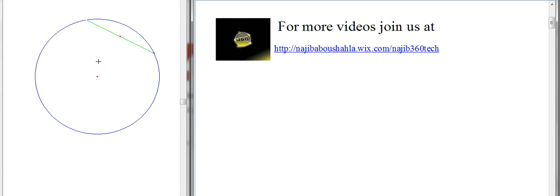Okay, another locus problem video. About this video, we have a circle with a center. Let's say its center is a given point, and we have a segment whose endpoints are not fixed, but